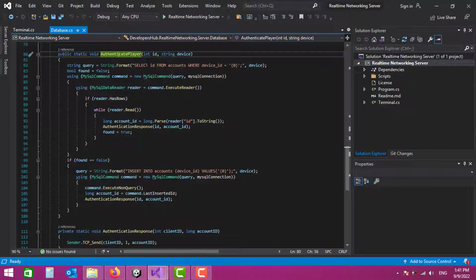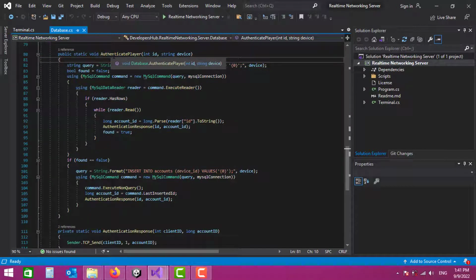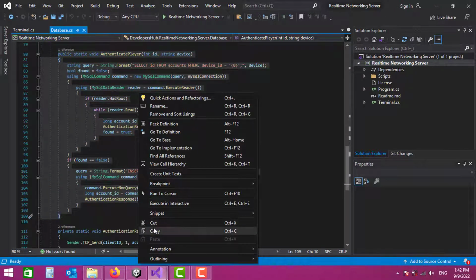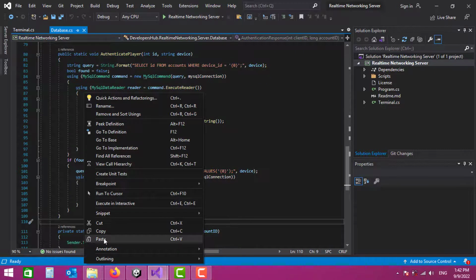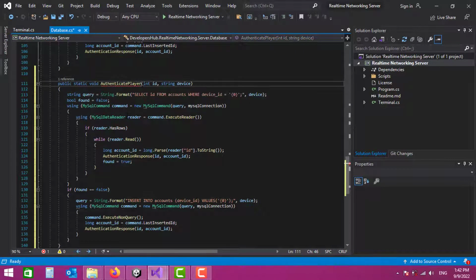But you should notice that this is not an efficient way to call a method on the server. We need to make this an async method. Right now this is not an async method, and in the event of multiple users calling this method, your server is going to freeze. So I'm just gonna copy this and I'm gonna paste it here. And this is going to be authenticate player async, and I'm just gonna make this private and also make it